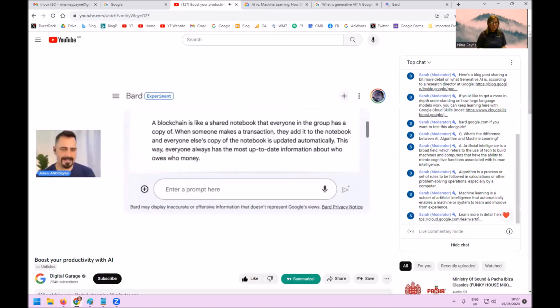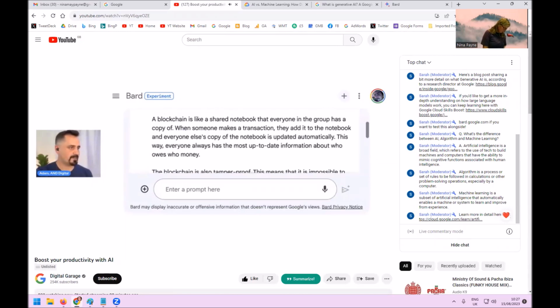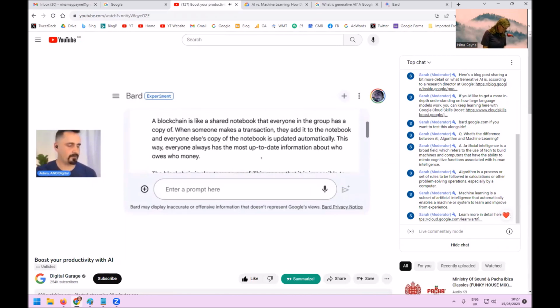And this is true. This is exactly how blockchain works. It is a distributed database where everybody has their own copy, so it always has the most up-to-date information about who owes who money. Another example that we can use, if that's got too many unusual concepts, I like to use this one